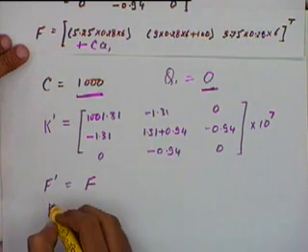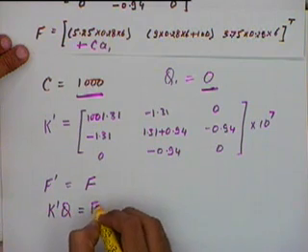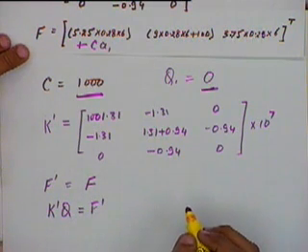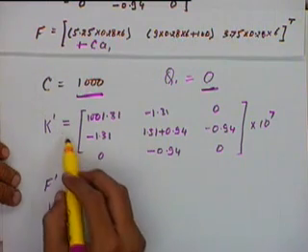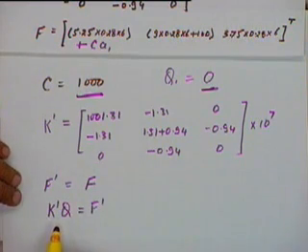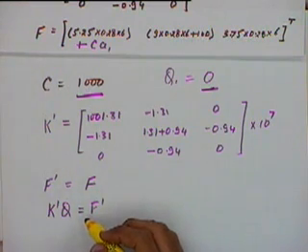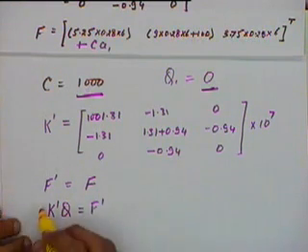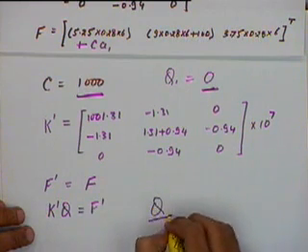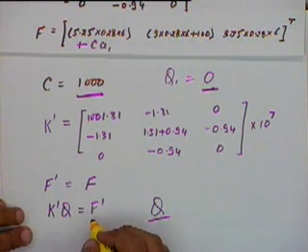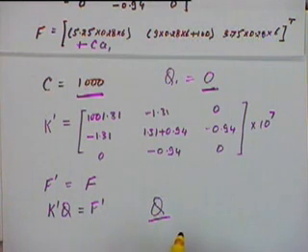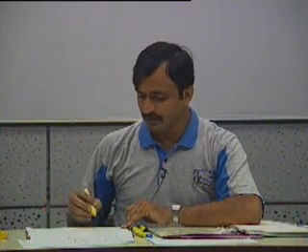My system of equations would be K prime Q equal to F prime. Again, K prime is a 3 by 3 matrix, Q is having 3 variables, F prime is having 3 locations. I can solve this system of equations to get the value of Q. It's a simple set of linear equations, I can easily solve it out. So this is how we can use the penalty approach for solving single point boundary conditions.